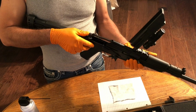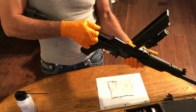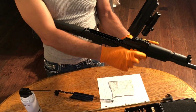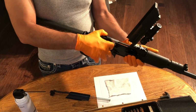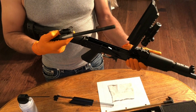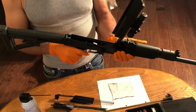After that, you push on the spring and pull up. Get the bolt and pull all the way back. Put your thumb on the top of the bolt and just pull all the way back so nothing pops out. This is how you take this off. Just put it to the side. Once you've taken that off,